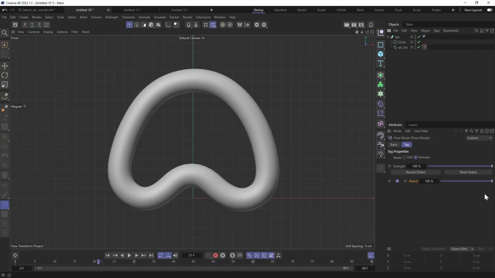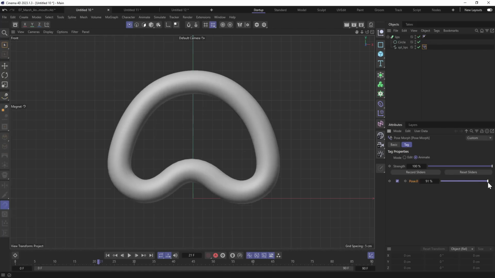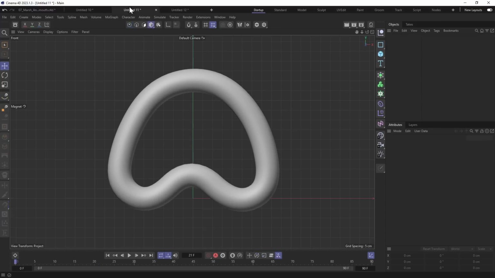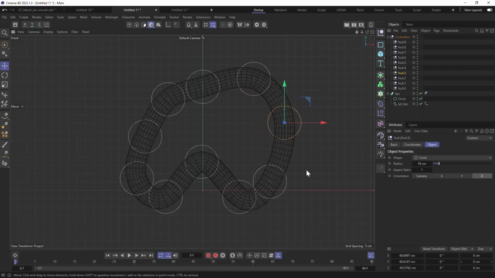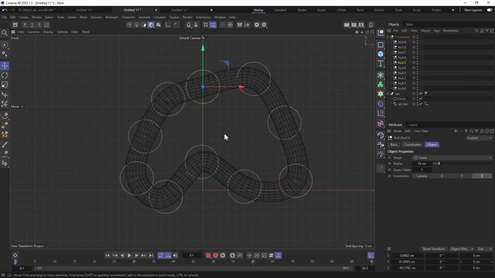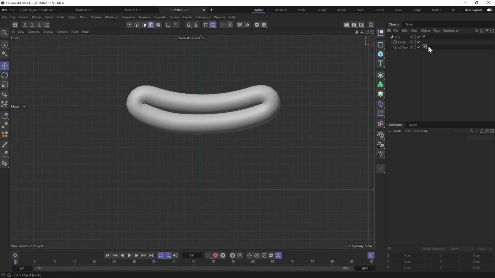Let's start with the mouth. Before that, we created a pose morph tag, and basically we can use these sliders to change the shape of the mouth in different frames. But this time I want to use different approach. In different cases, we can use different approaches to animate the mouth. For instance, we can create very complex system with a lot of controllers, which will allow us to have very precise control over every little expression. But it takes a lot of time to create such system, and it's very hard to control a lot of animation tracks. The other approach is to use pose morph tag.